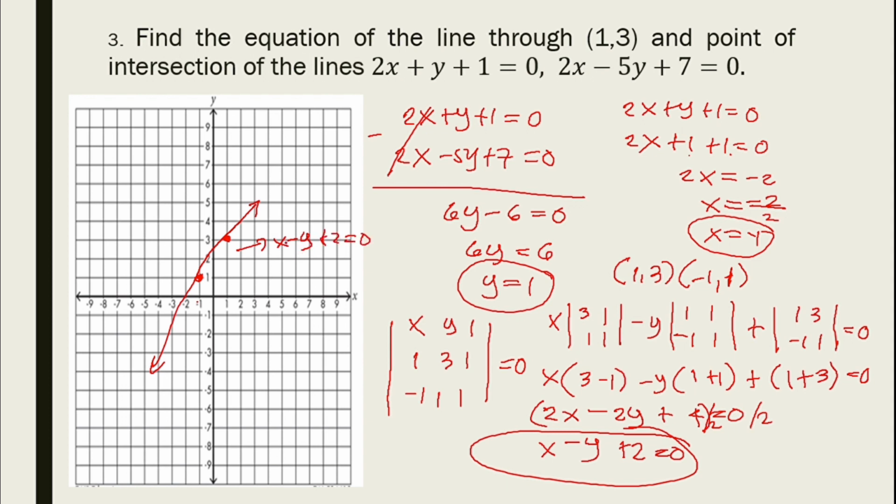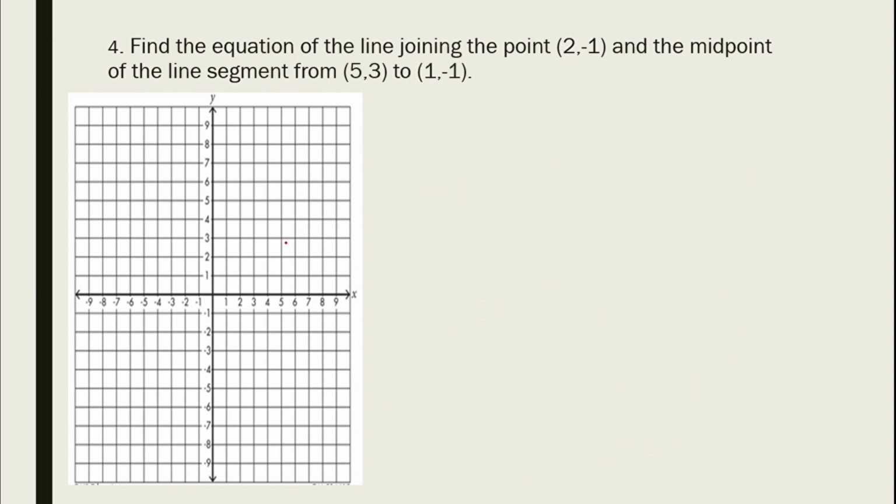Let's proceed with number 4. In number 4, find the equation of the line joining the point 2, negative 1, and the midpoint of the line segment from 5, 3 to 1 and negative 1. First, we have to plot the point here, 2 and negative 1. So this is the point 2, negative 1, and the points 5, 3,